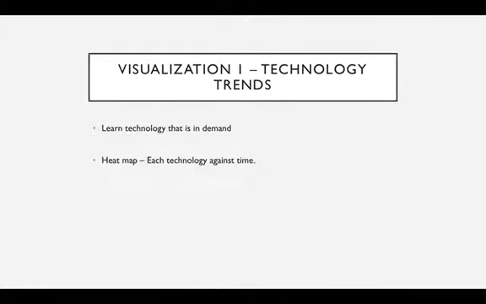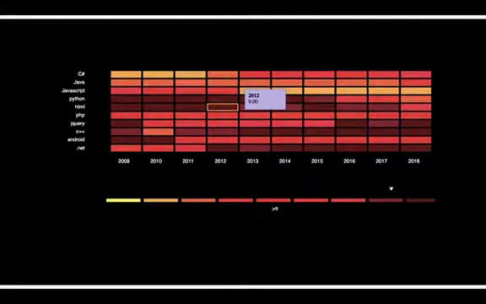So what we want is a visualization that can help students plan their career. This visualization can also be used to predict the future of a particular technology. If the current skills of an engineer are more likely to be less valued in the future, they can decide to learn and switch to a different technology, which would be more helpful. If you take a look at the picture, this is a heat map of the most popular technologies over the span of 20 years.